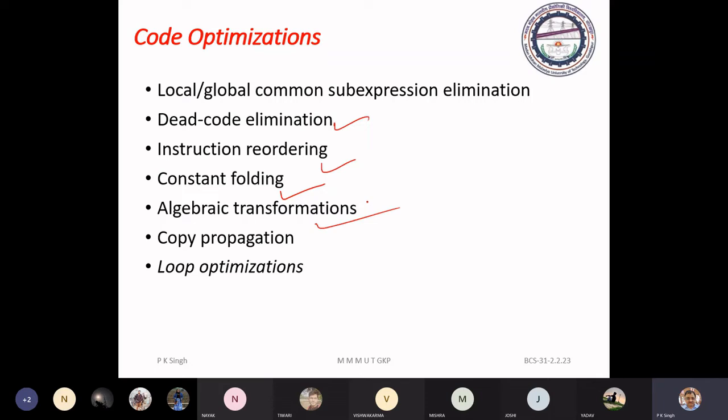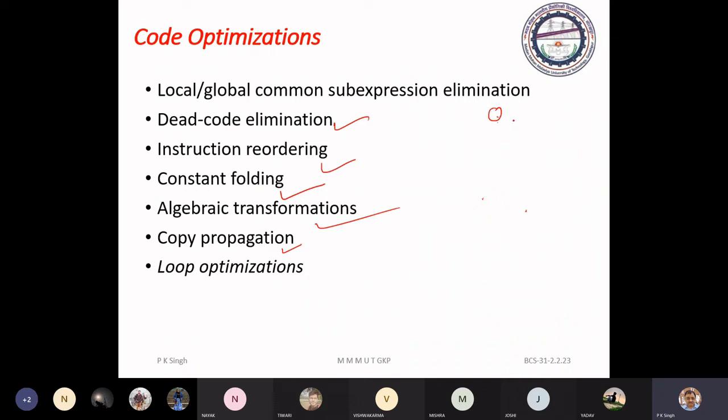algebraic transformation, and copy propagation. Copy propagation means if you are computing a certain value x, and that value is needed by another statement, you can just replicate this copy here.